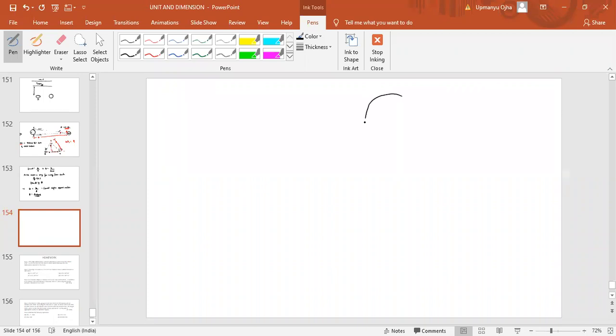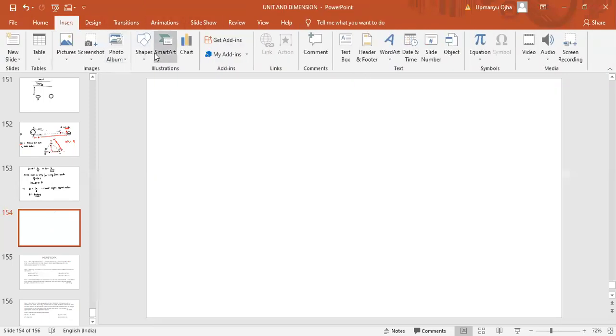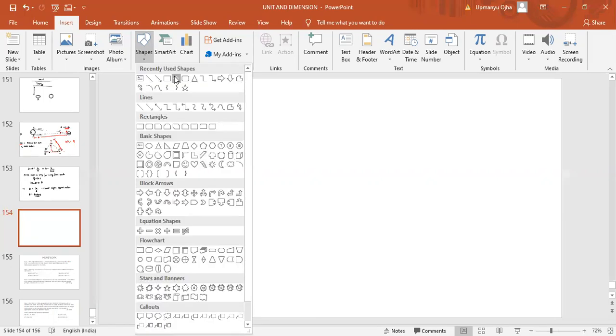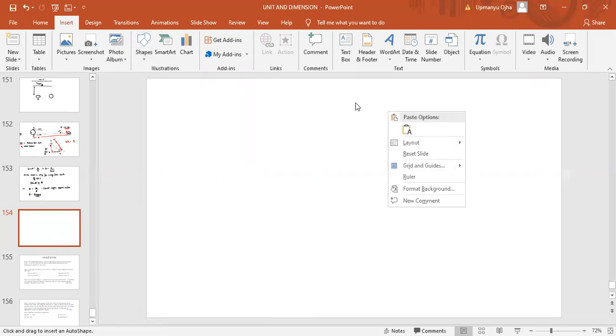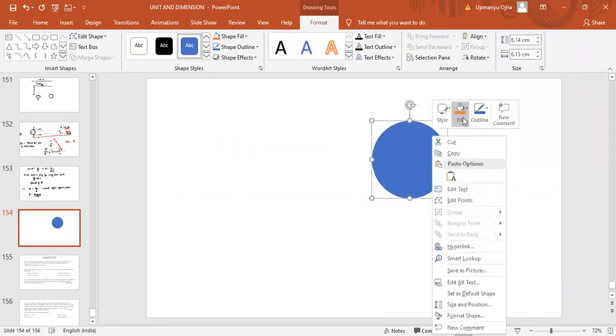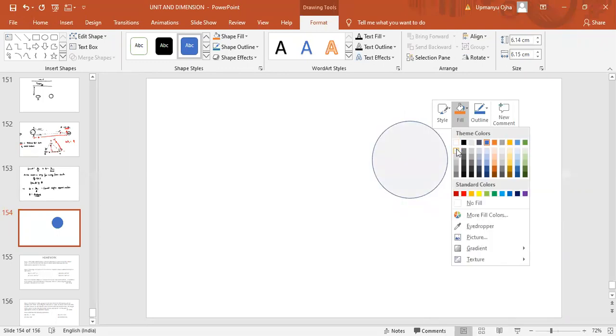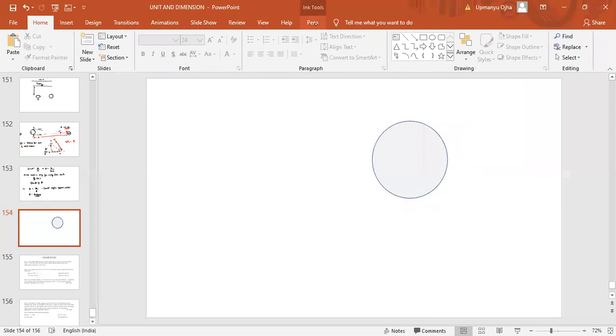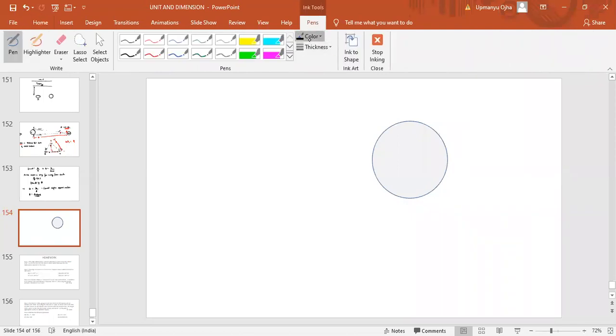So let us suppose this is the moon. Okay, so this is the moon. Now what we have to do? We have to find the diameter of the moon. So we can apply the parallax method in another way also. To find the diameter of the moon, we have to take 2 points.